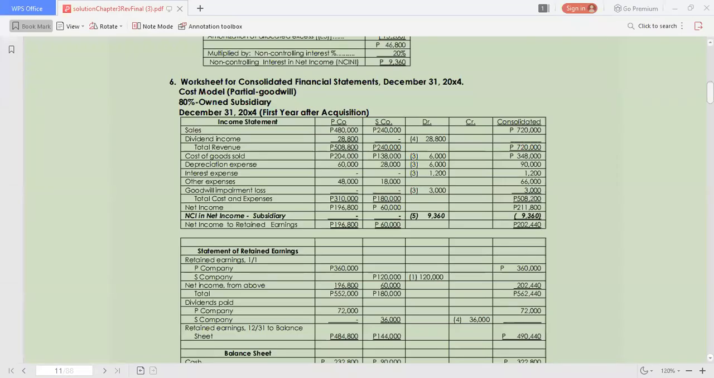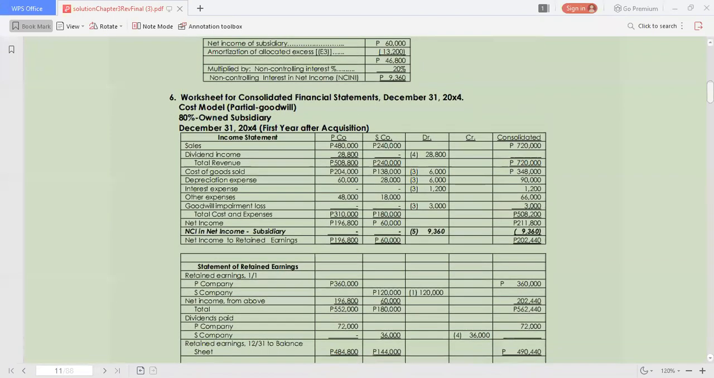Okay, so we have now the amount of depreciation of 90,000. The interest expense is debited due to discount amortization, and we have the other expense total and goodwill impairment loss. We have now the debit of 3,000. So the total cost of 8,200 based on the consolidated figure, giving us the net income of